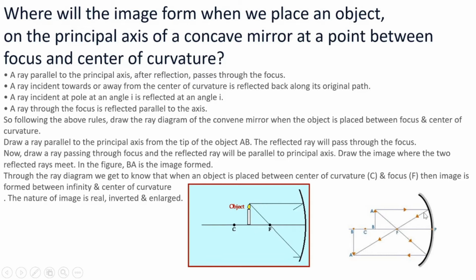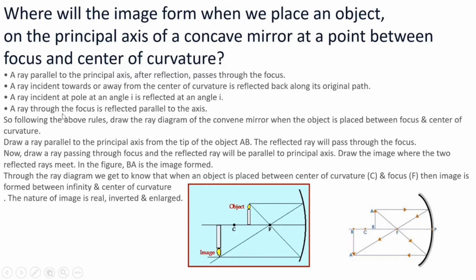This is called the angle of incidence, and this is the angle of reflection. From here only it is reflecting. It is not incident here and reflecting from there. At the same point, the angle of incidence is the same as here also. The angle of incidence and the angle of reflection here also. These are called angles.